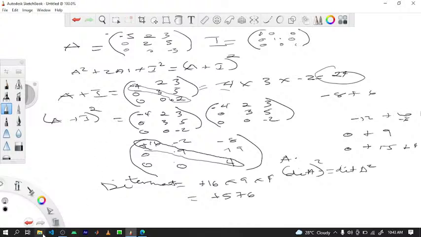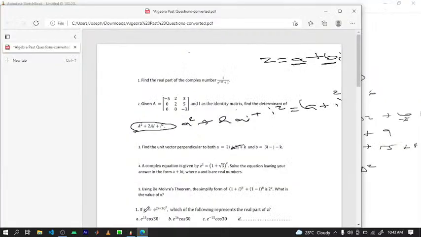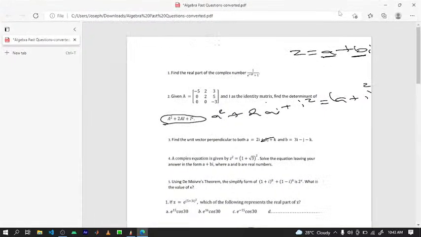Let's move on to the next question. So we are supposed to find, now this particular question is one question that usually disturbs students. The understanding of unit vectors does not really come out well. So you are supposed to find